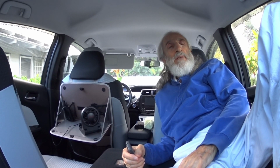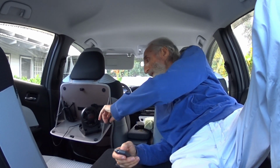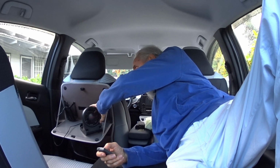I haven't camped for several months, since the end of last year, because of medical issues, and I probably won't go for another month or so. But I just wanted to test out this fan, and you saw how I have it set up over here, and I would just reach over and turn it on,